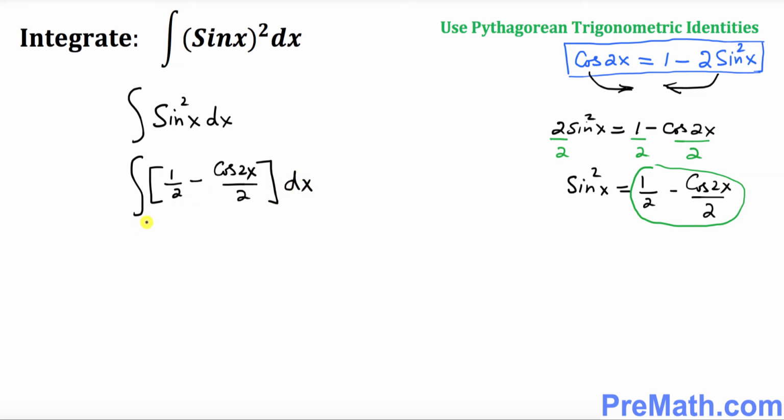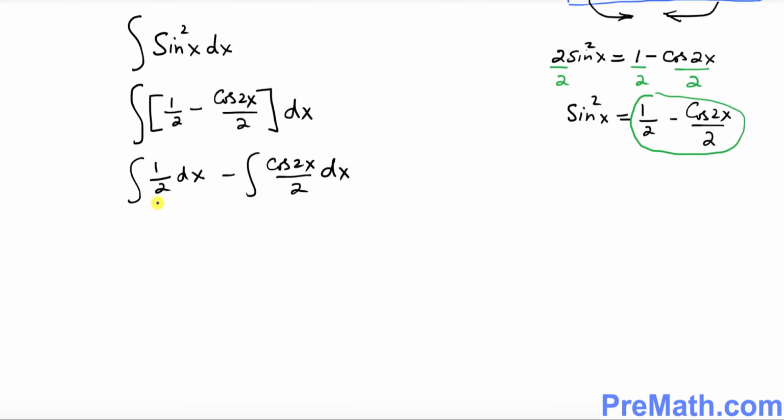Now you can expand it: 1 over 2 dx minus cosine of 2x divided by 2 times dx. So far so good, piece of cake, isn't it? Now bring this constant 1 over 2 outside. I can write 1 over 2 dx minus, once again, 1 over 2